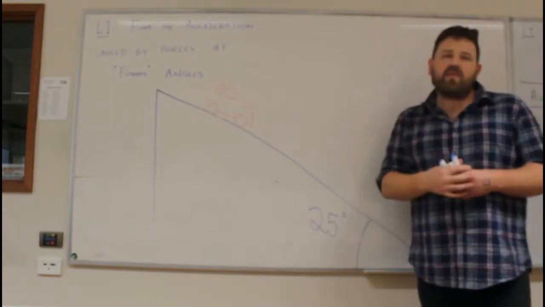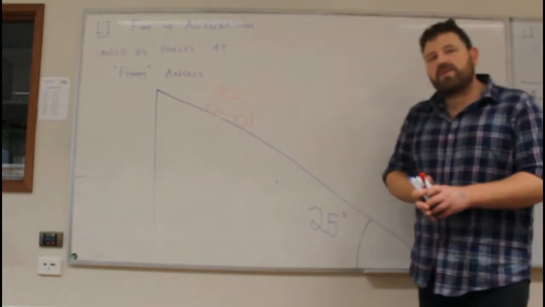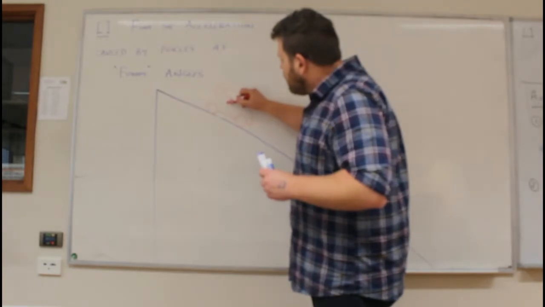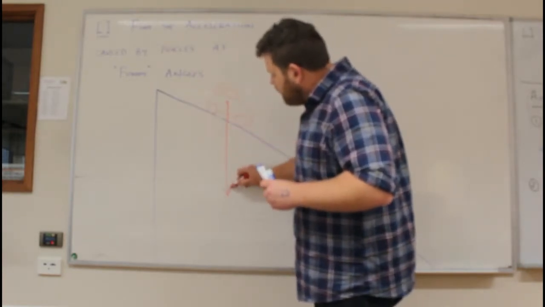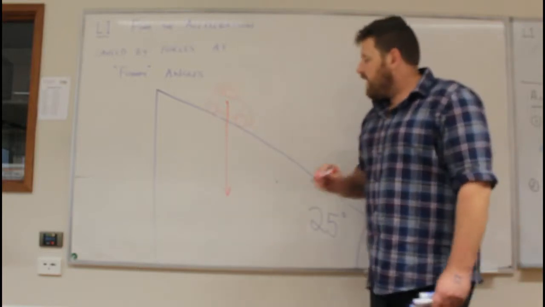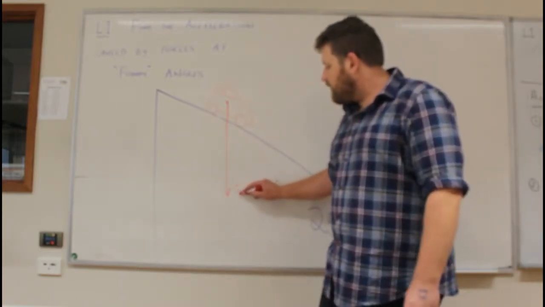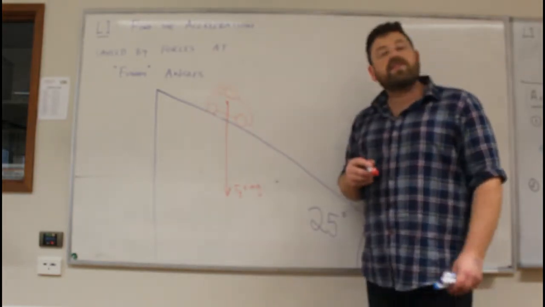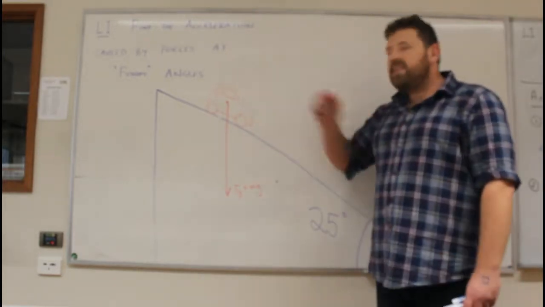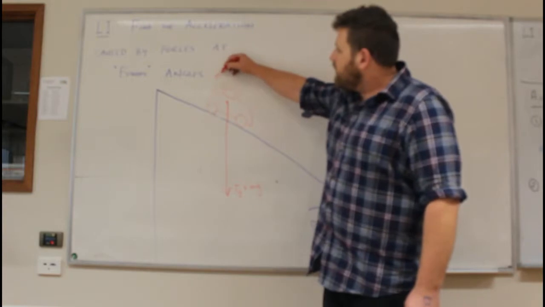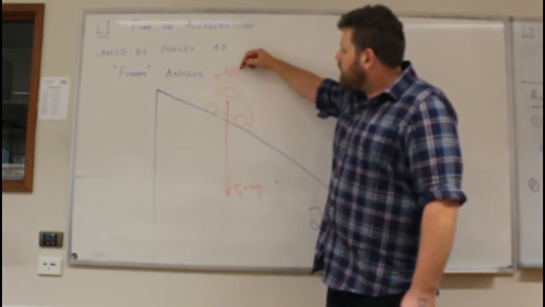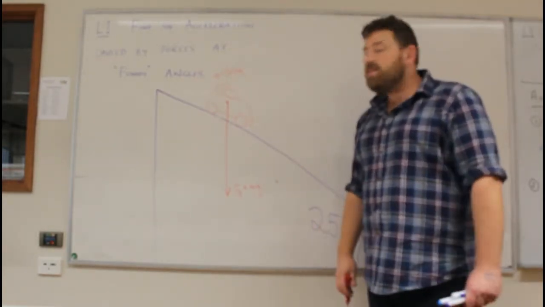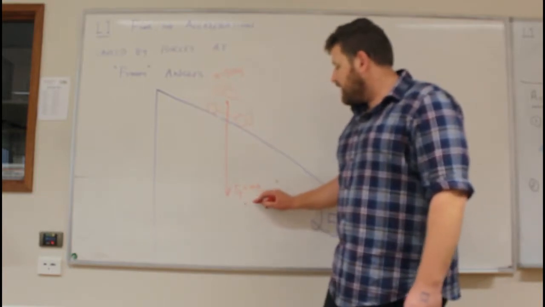So if we have a quick think about what forces are involved, it becomes pretty clear pretty quick that one of them is going to have to be gravity. So there's gravity. Gravity always points down, and gravity has a strength of m, the mass of the object, times g, the strength of the Earth's gravitational field. In this case, let's say this car weighs 500 kilograms. Pretty small car. And if g is 9.8, as it is near the Earth's surface, then that means the force of gravity in this case